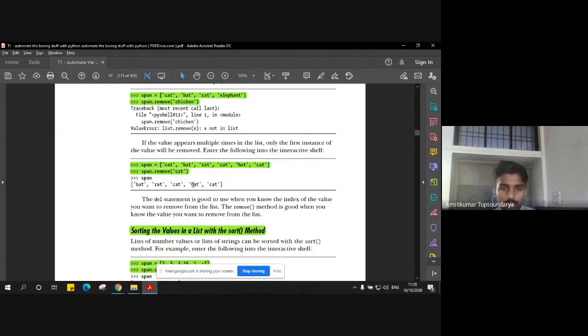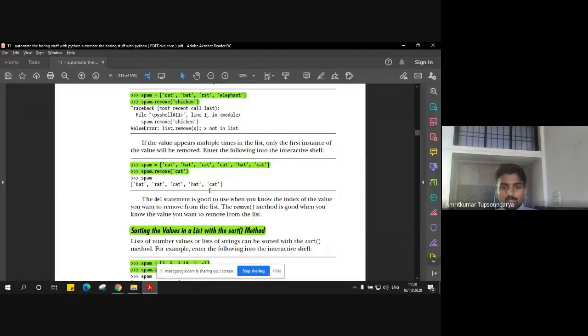In case you have multiple items in the list, for example, you see here that we have three cats in the same list called spam. We have cat at the 0th index, followed by bat, rat, again cat, then hat, and ultimately in the end again cat. So we have three cats.